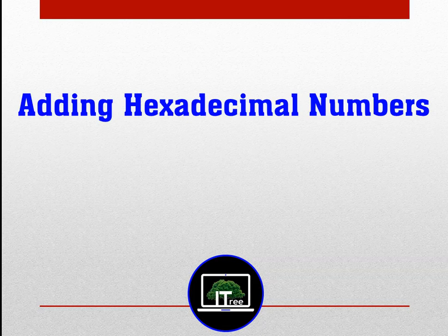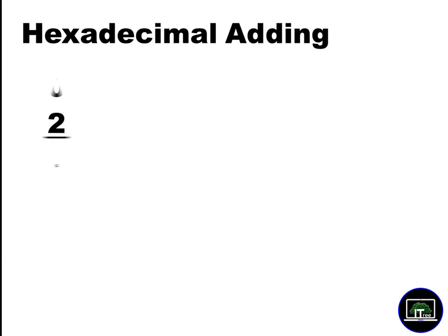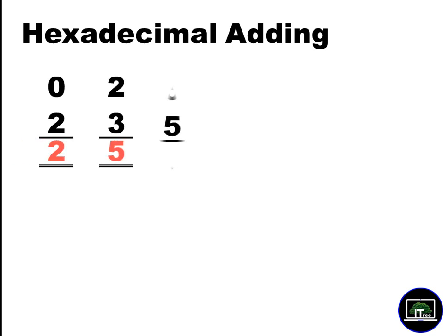Okay. Now we are going to do hexadecimal addition. Same thing here as you did. 0 plus 2, it is 2. 2 plus 3, it's 5. 5 plus 5, it is 10. Can I write 10? No, you can't write 10. Then what do you write? In hexadecimal, 10 means capital A. You add this one together. 9 plus 3, it is 12. What is 12? 12 means it's C.